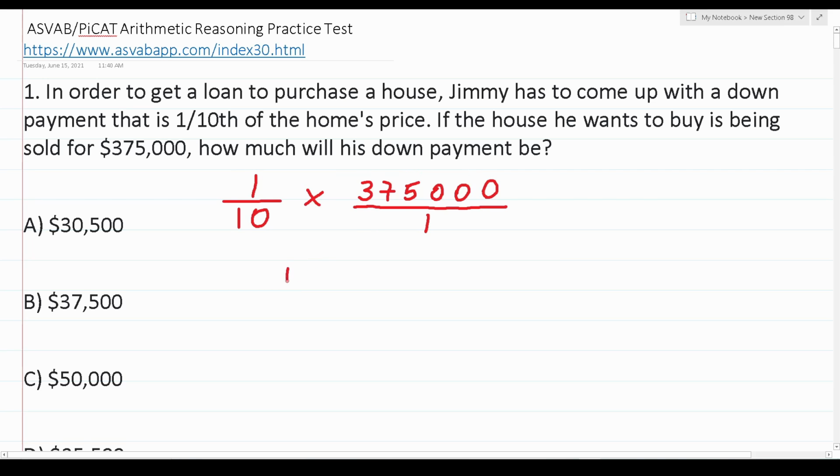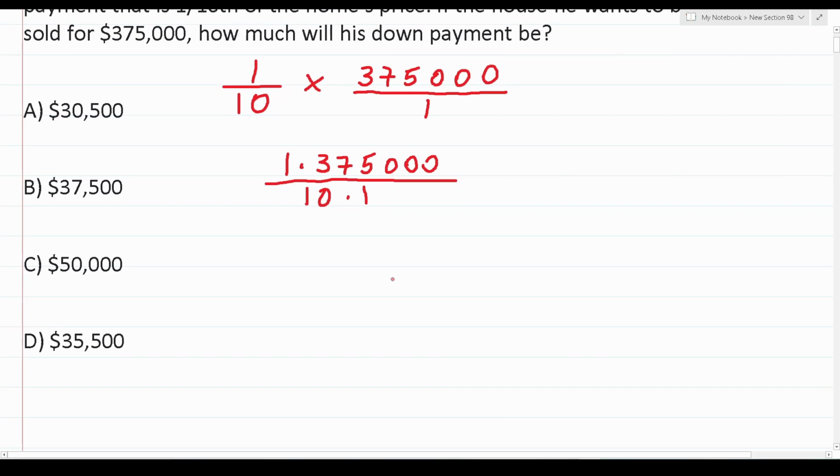So this will become 1 times 375,000 over 10 times 1. Well, thankfully enough, anything times 1 is itself. So 1 times 375,000 is just 375,000. And likewise, 1 times 10 is just 10. And at this point, all we have to do is cross out a pair of corresponding zeros in the numerator and denominator like this. And that leaves us with